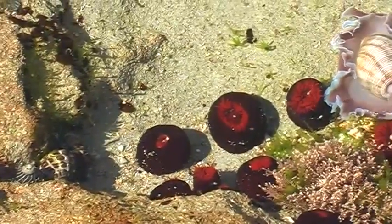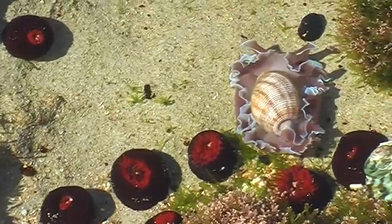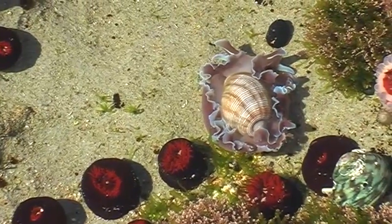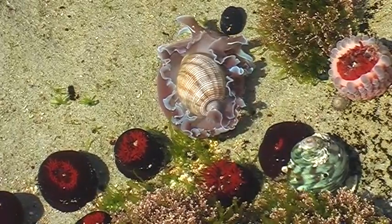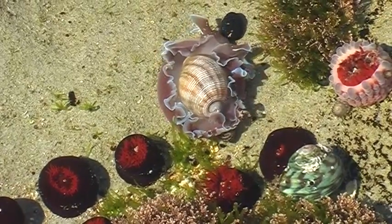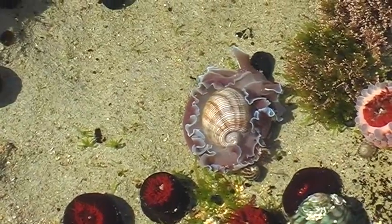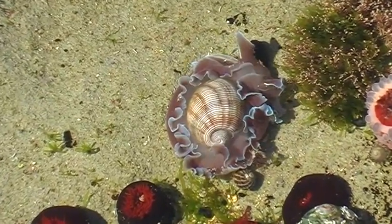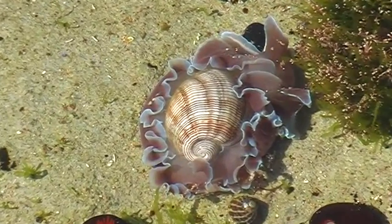One of the most beautiful and striking of the marine creatures that you might find in the rock pools is the bubble shell. There are many species of these which have an amazing variation of colours, from almost translucent white to shades of apricot or a deeper reddish colour. The one filmed here is commonly known in Australia as the rose petal bubble shell, one of the common names